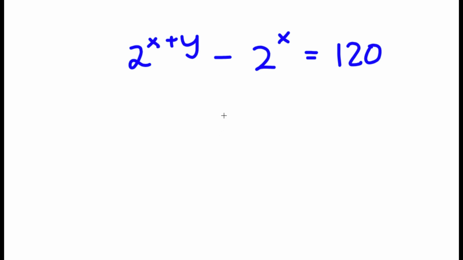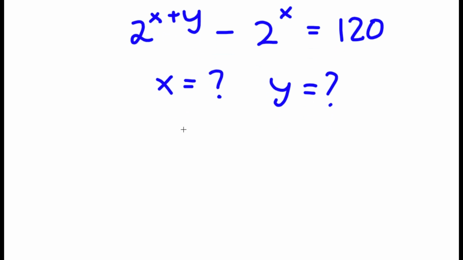Alright, so in this problem, I have 2 to the power of x plus y minus 2 to the power of x is equal to 120. So obviously, I want to find the values of both x and y for this. So for my solution,